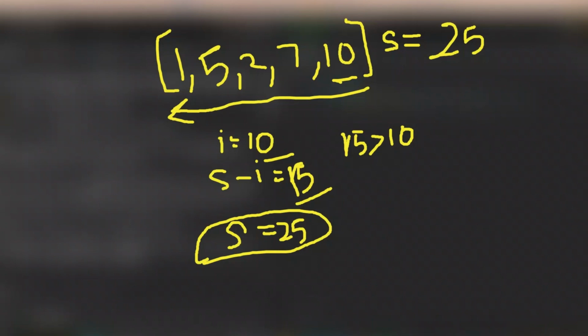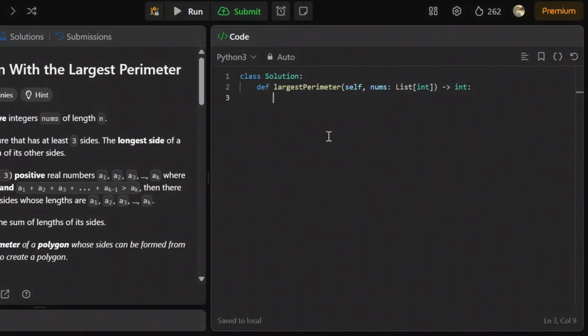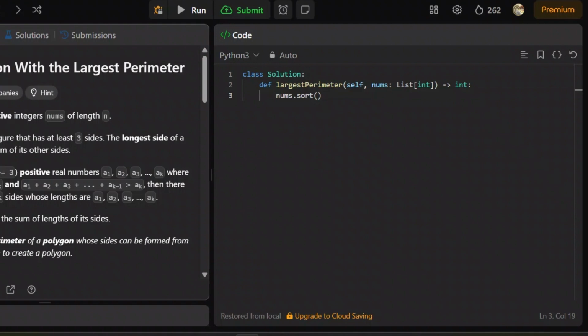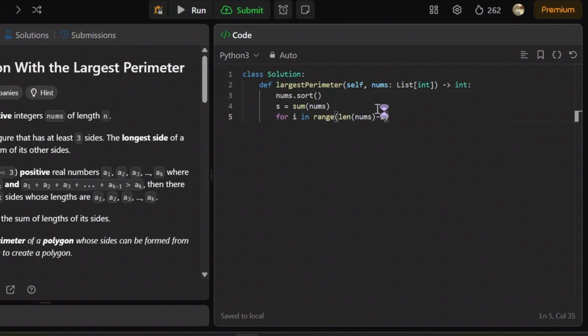So let's do the code part. First I'll sort the elements because, as given, it should be in ascending order. So we'll first sort the given elements and then traverse backward, finding the sum as s equals sum of nums array. We'll take for i in range of length of nums minus 1, as we are traversing in the backward direction, down to -1, and we'll do sum minus equals nums of current index. Let's check if the sum is greater than the current number. If it's true, we'll just return sum, else we'll return